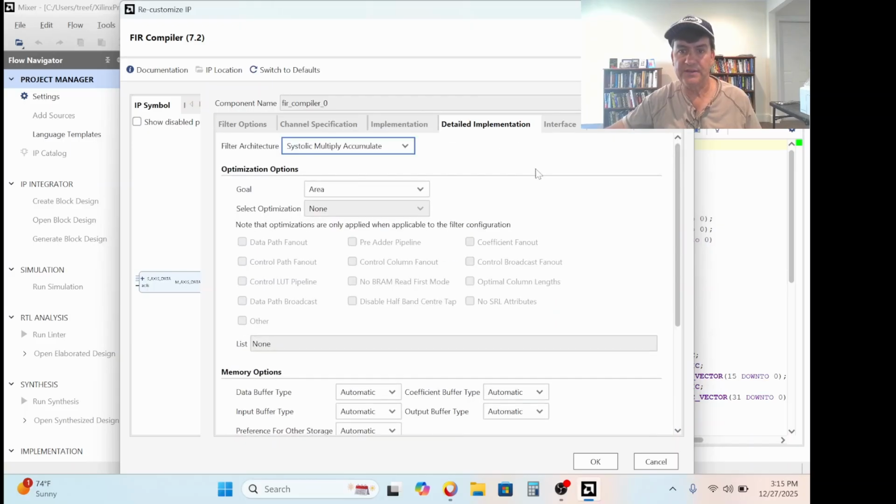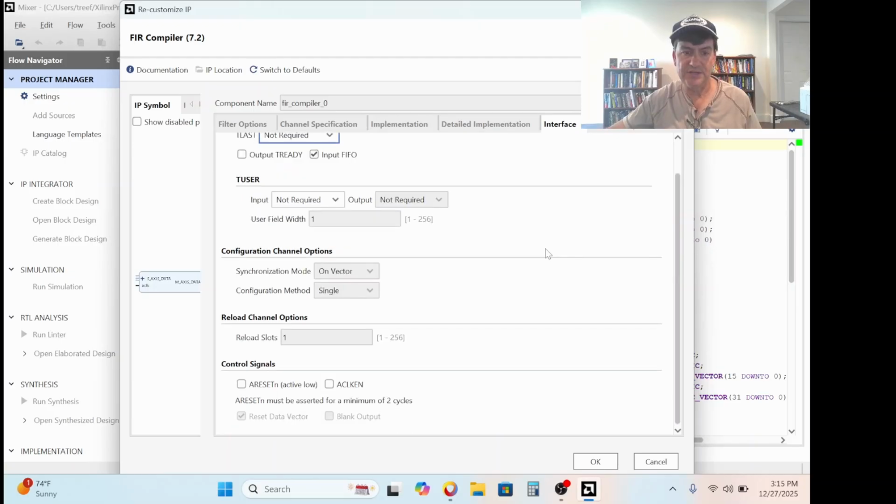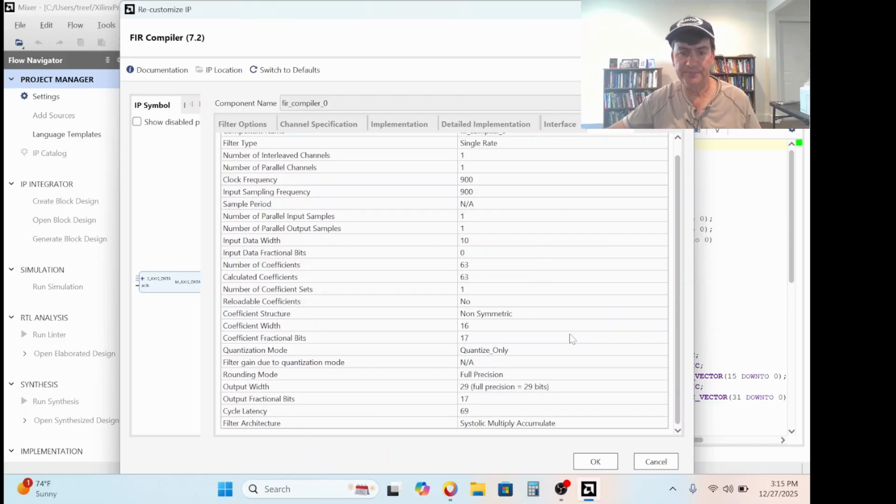So I didn't change anything on detailed information implementation, and I didn't change anything there. You can add a reset to your filter here. Didn't do that. And the summary, I found the summary useful. In some cases, for example, you can see our coefficient structure is non-symmetric. What happens if your coefficients are symmetric? If your coefficients are symmetric, it would say here, but the thing it would do is it might change your